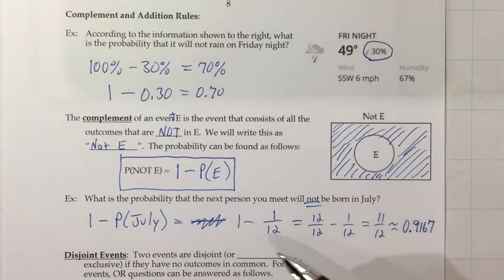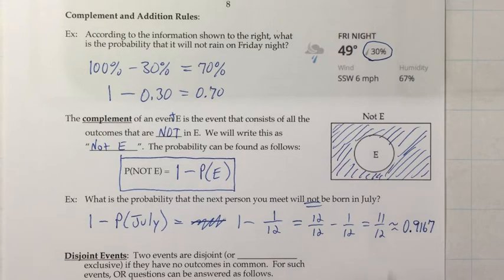born in July, assuming that people are equally likely to be born in all given months. I think that's probably a little flawed. That's why empirical probability would probably be better here. Go look at birth records and see what percentage of people are born in July and subtract that away from 100%, or subtract it from 1 if you're doing this as a decimal. Probably more accurate than making the assumption that every month is equally likely. But that is what they want you to do in my math lab, so I'm going to show it to you that way.